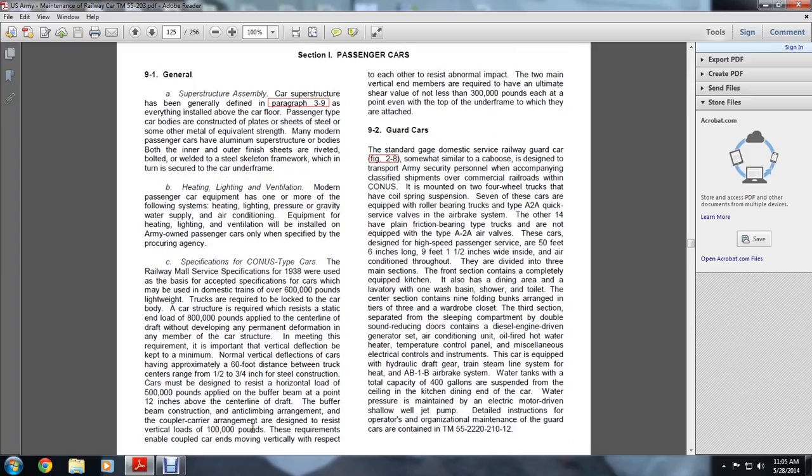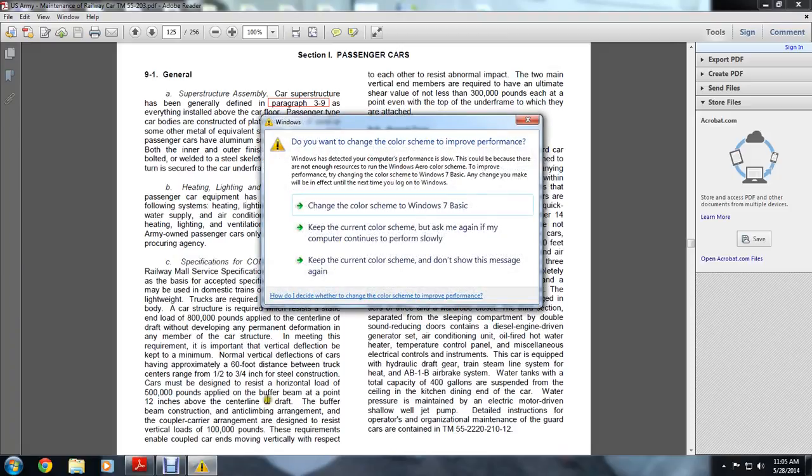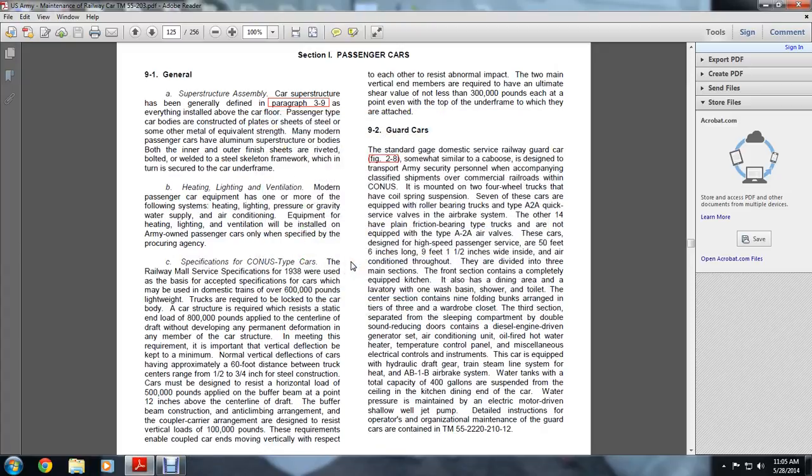Specifications of type cars. Railway Mail Service specifications for 1938 were used as a basic acceptance of specifications for cars which may be used in domestic trains over 600,000 pounds. The lightweight trucks are required to be locked to the car body. A car structure is required to resist a static end load of 800,000 pounds applied to the center line of the draft,